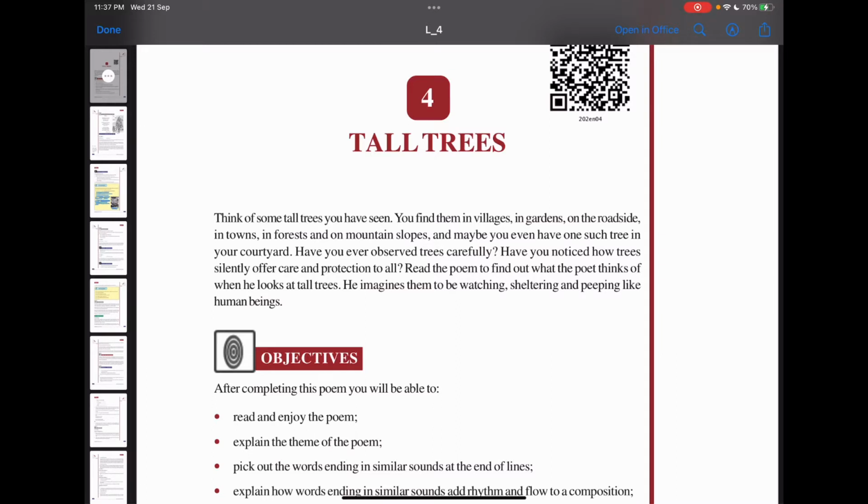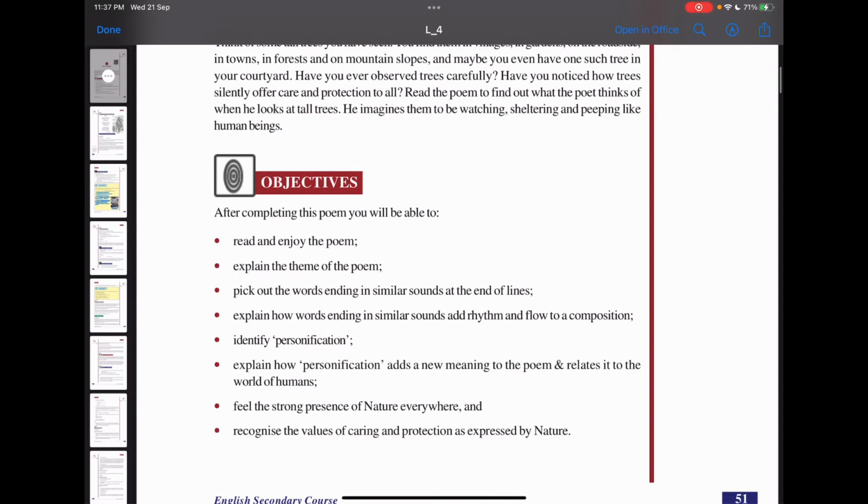Read the poem to find out what the poet thinks of when he looks at tall trees. He imagines them to be watching, sheltering, and peeping like human beings. The objective of this lesson is to read and enjoy the poem, explain the theme of the poem, pick out the words ending in similar sound at the end of lines, explain how words ending in similar sounds add rhythm and flow to a composition.